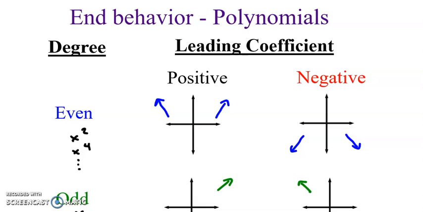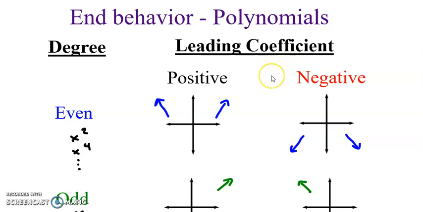In this video, we're going to talk about end behavior, the degree and leading coefficient of a polynomial, how they relate, and how they compare between an equation and a graph. So if we are given an equation, what does our graph look like based on some of these aspects? So we've got either an even degree or an odd degree polynomial, and our leading coefficient is either going to